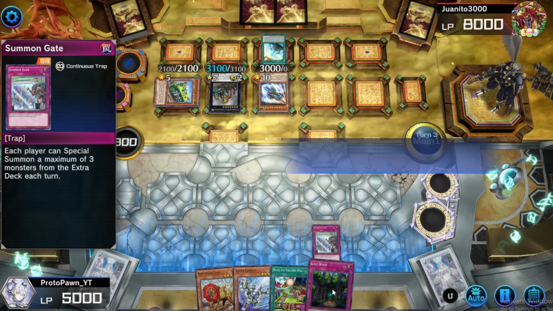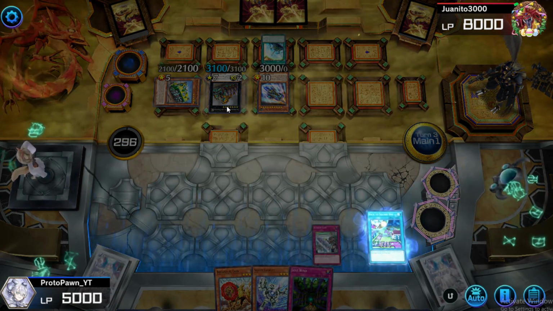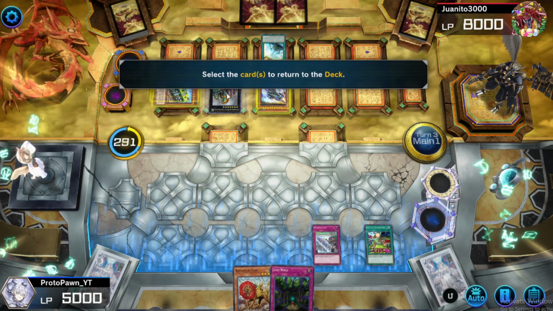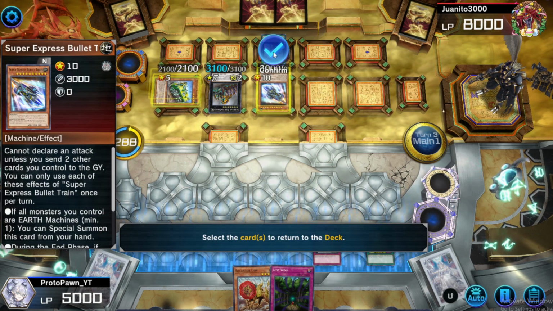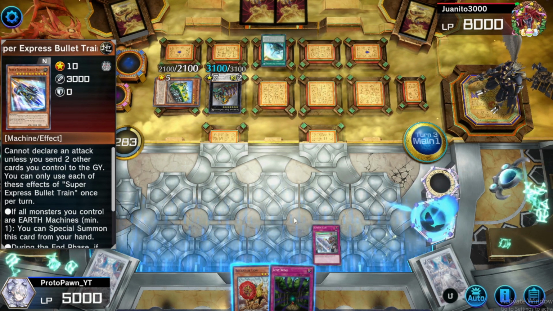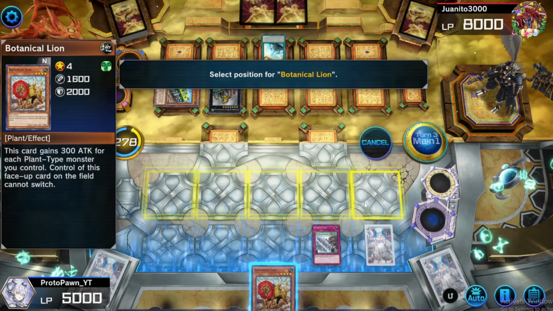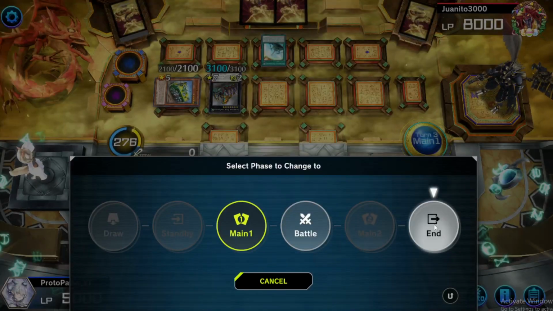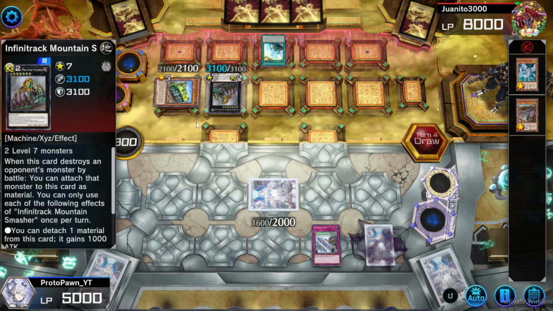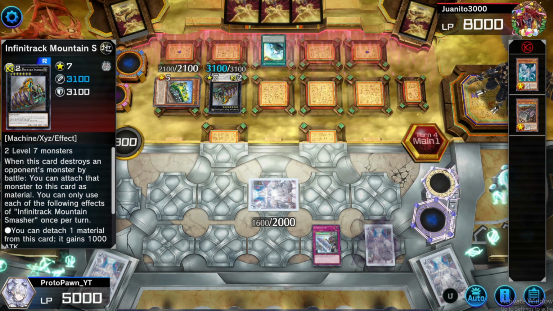This is great. What we're going to do is back to square one, this thing here, get it off the field. We will set Lost Wind, and we have to set this, unfortunately, but I really don't think it's going to matter. I'm pretty sure he's got this game in the bag at this point. I mean, we're going to activate Lost Wind. Let's see, is this when this... Yeah, so we're going to...